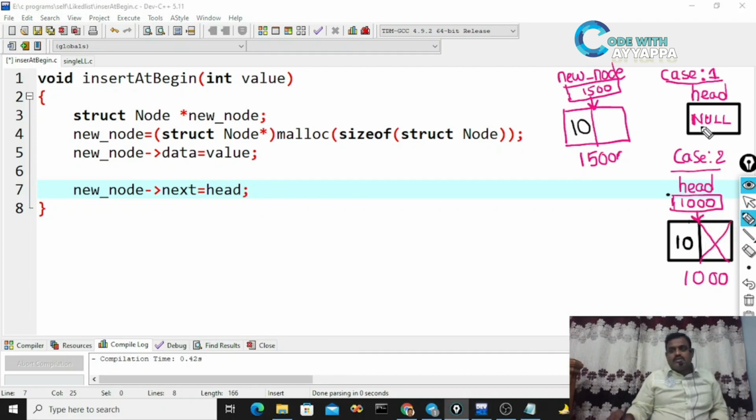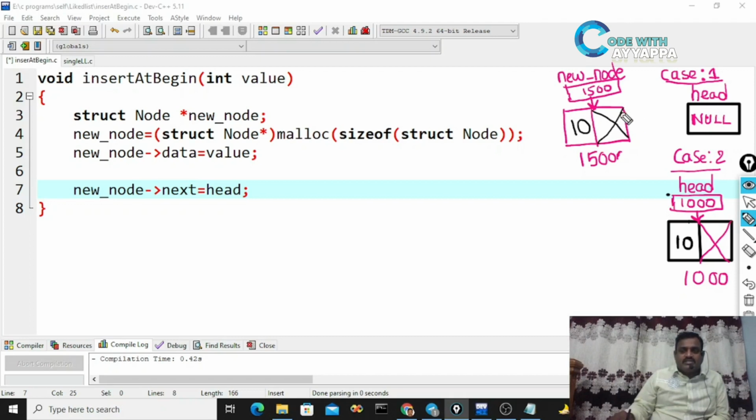In this case, what is the head address? Null. That is nothing but the linked list is empty. So this will be null. Next what I need to do, I need to change the head. Why? Because the previous linked list is empty.